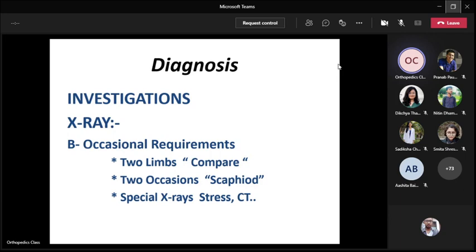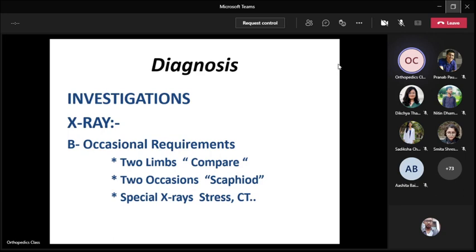In scaphoid fractures, it's something special. Sometimes in the initial X-ray it looks normal. It has a special view, scaphoid views, that is done in a different way. But in spite of that, you don't see any fracture. So what we do is immobilize it and tell the patient, I am having a suspicion you are having a scaphoid fracture, but it's not seen in the X-ray, but I am immobilizing you. You come again after 10 days, we will repeat the X-ray and we will see. Okay. So that is one way of confirming, because after 10 days there is some marginal necrosis and you will have a clear fracture line visible over there.